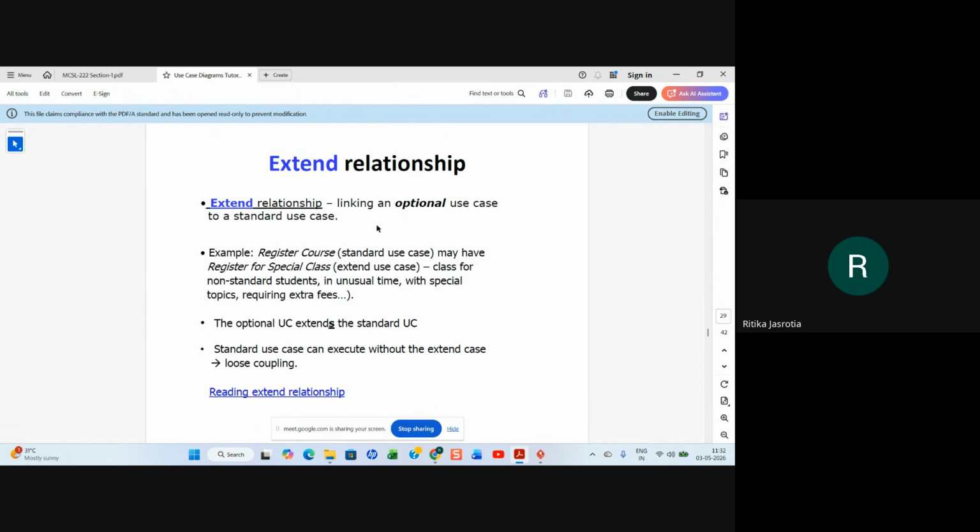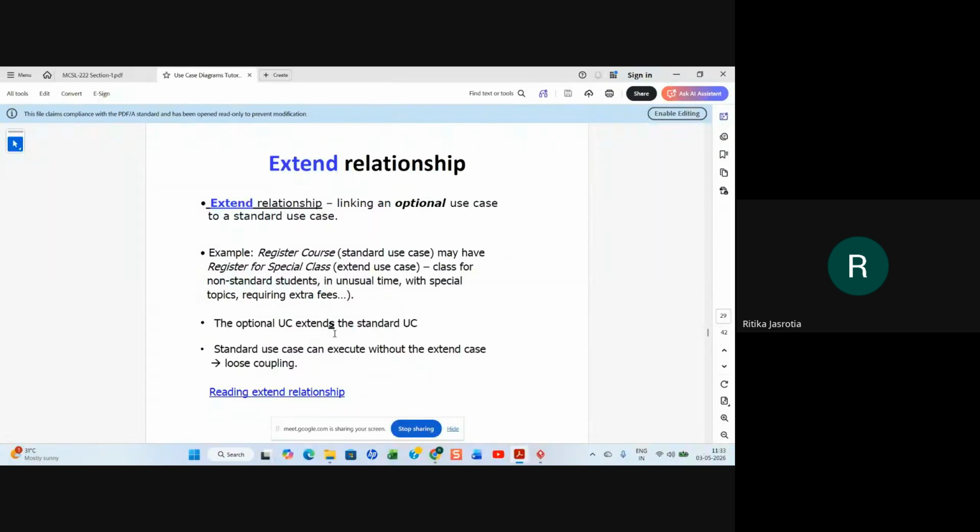So extend relationship: linking an optional use case to a standard use case. So register course, a standard use case, may have register for special class, an extend use case, a class for non-standard students at unusual times with specific topics requiring extra fees. Right? That is an optional use case that extends the standard use case.